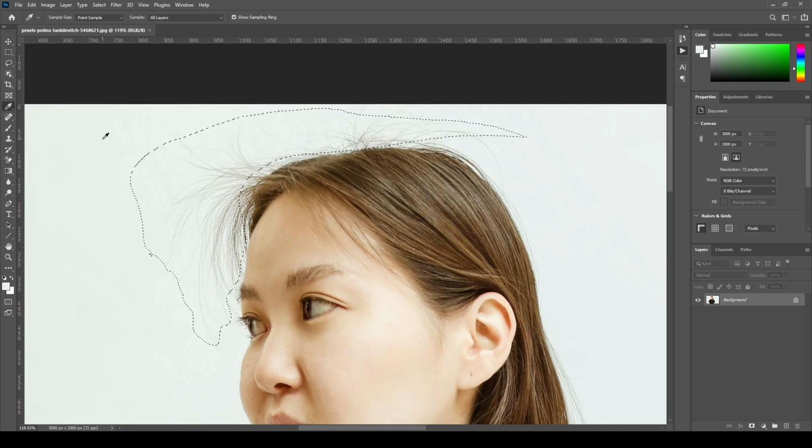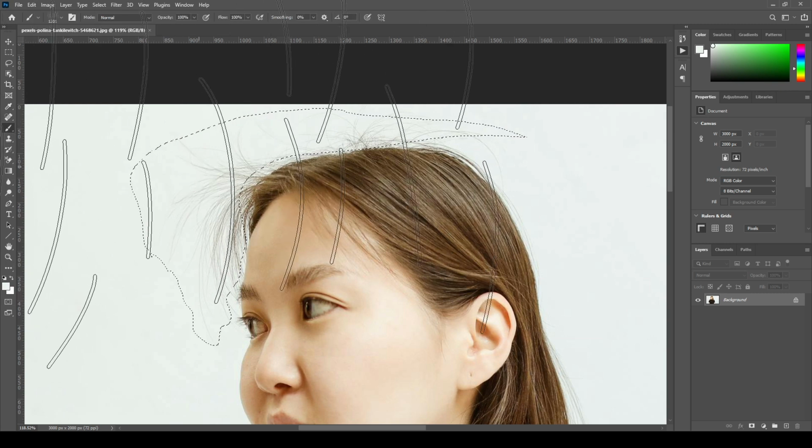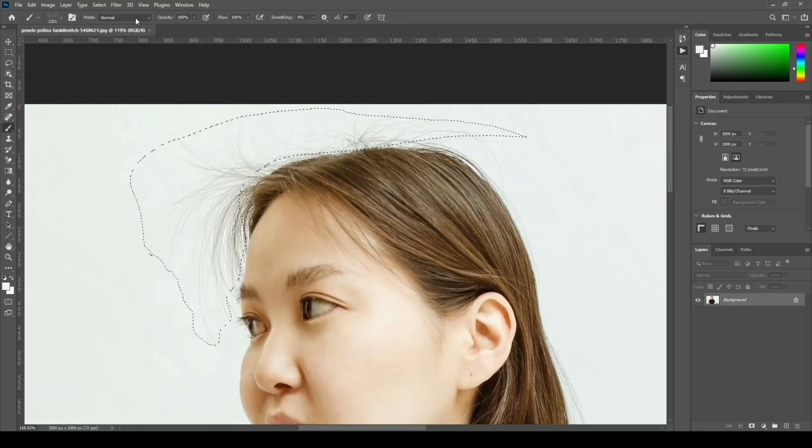With the background color now selected, click on the brush tool in the toolbar. Adjust the size of your brush as needed. Often a slightly smaller brush provides better control and precision. Then begin brushing over the selected area. The key here is to cover the stray hairs while maintaining a natural look that blends with the original image